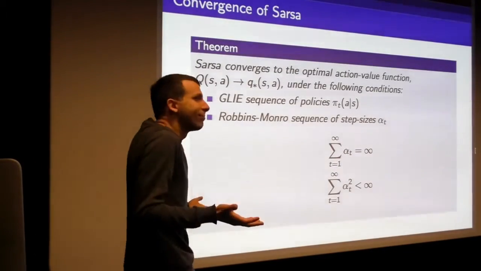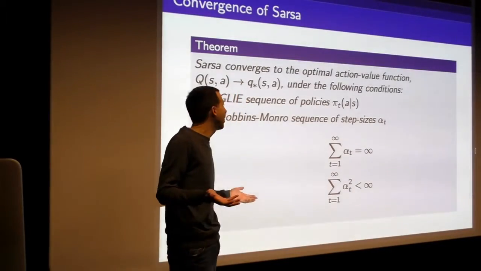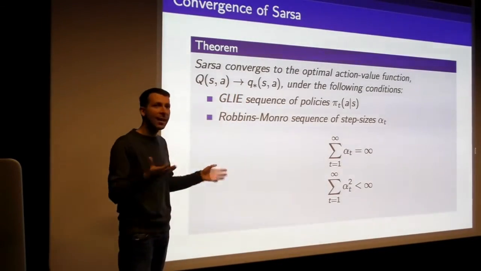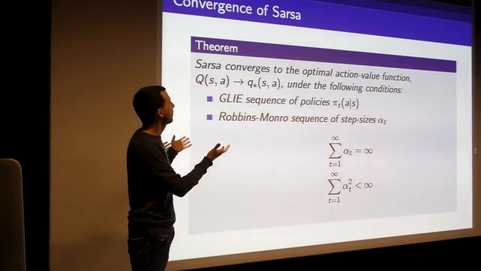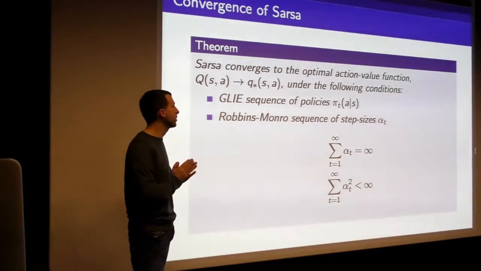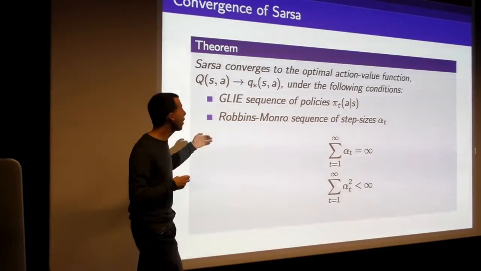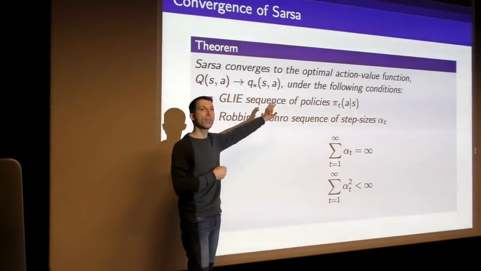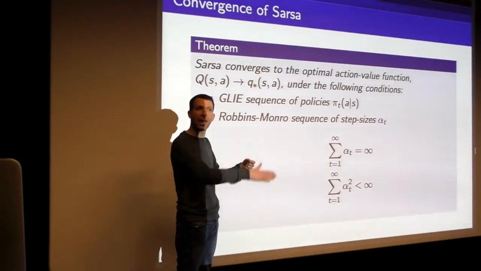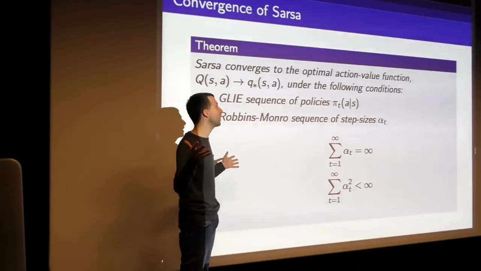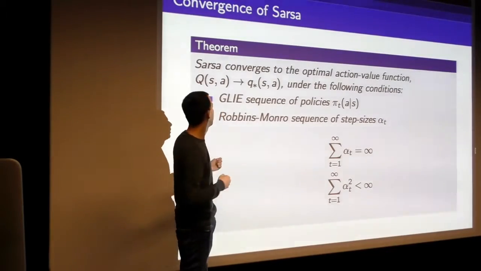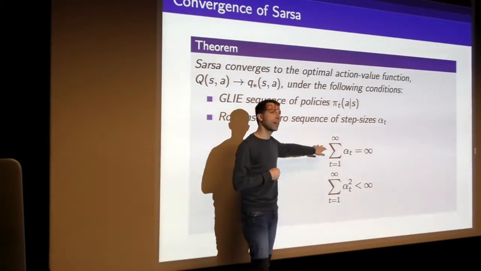So you should be wondering, well, does this work? And just like GLIE Monte Carlo, this version of SARSA actually will converge to the optimal policy. And the only thing we require is, again, GLIE policy. So again, you could choose your epsilon greedy with this decaying schedule. That would be a valid choice, just to make sure that you continue to explore everything and that you eventually end up greedy. But you also need to be careful about the step size that you use.